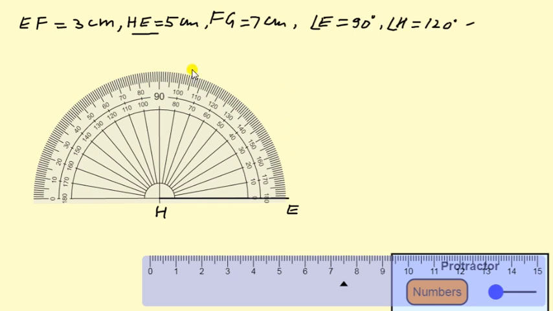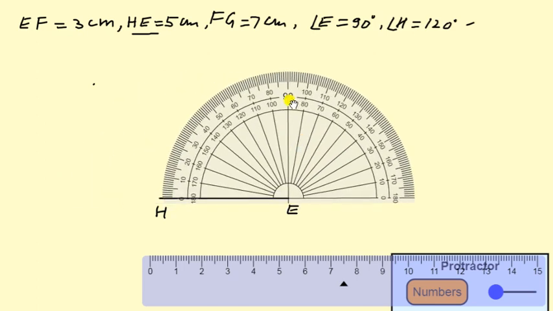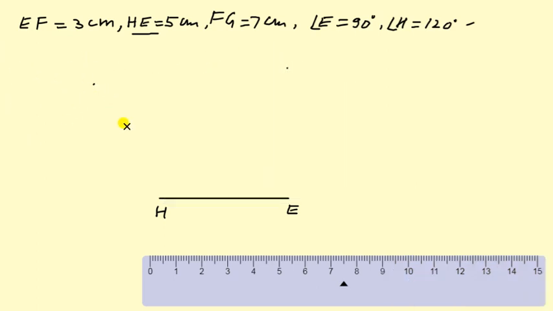So how can we make 120 degrees? You can see here it is 90, 100, 110, 120. You can put it here. And now once again, angle E is 90 degrees. So you can put at E also, make an angle of 90 degrees. Now remove this and draw a line from H with the help of a scale like this, and from here you can draw like this. Now draw an arc.